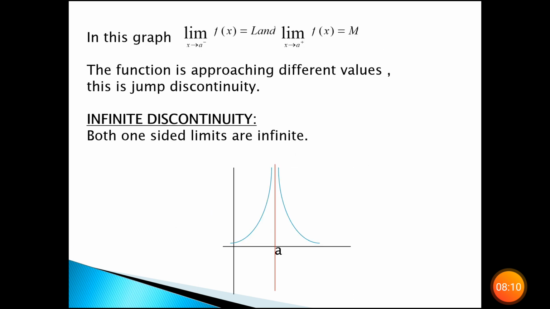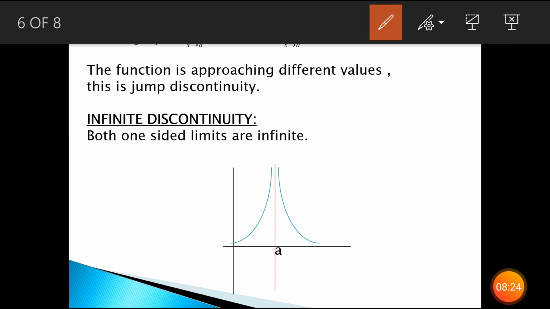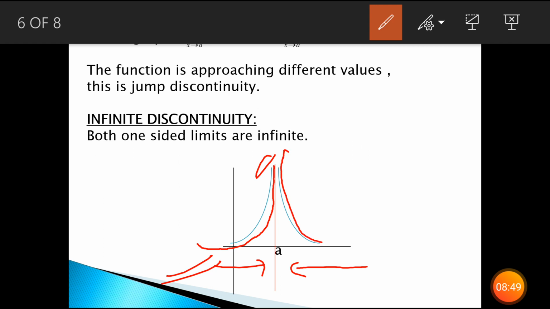Now you see another type of irremovable discontinuity, that is infinite discontinuity. In infinite discontinuity, what happens? Both the limits do not exist. It means both become equivalent to infinity. See in this diagram what is happening? As from the left hand side the function is approaching towards a, it is going towards infinity. The function is going towards infinity when x is moving towards a from the left hand side. Similarly, when x is moving towards a from the right hand side, then also the function is reaching infinity.